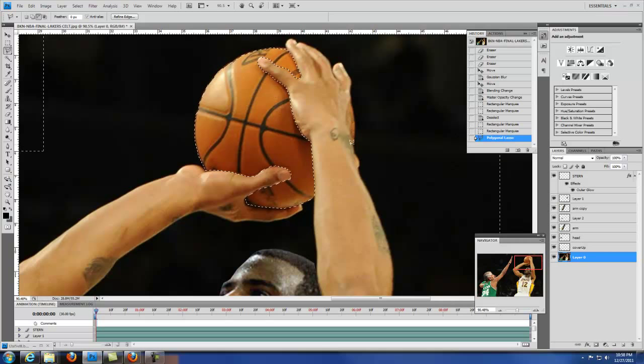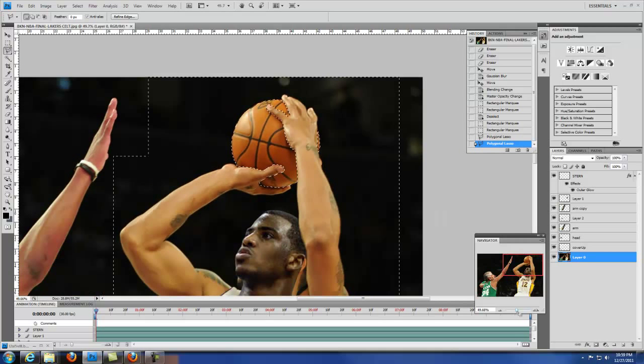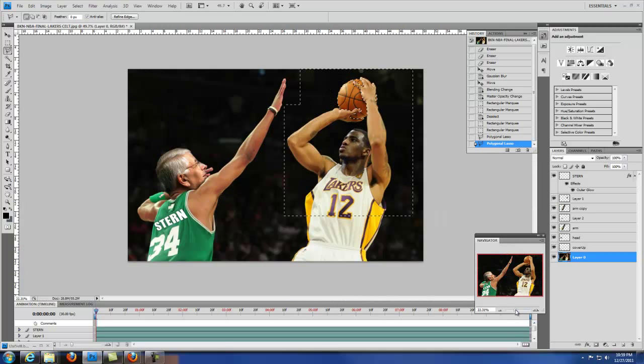Okay, we have that area. Let's get this little area right here behind his hand. So you see how I messed up a couple times? I just hit backspace to delete each line, and actually I have to do that again. So with backspace, you can delete each segment of selection that you created. So I'll just double click, and I have this selected out of the selection. So I'll go back, zoom out a little bit,